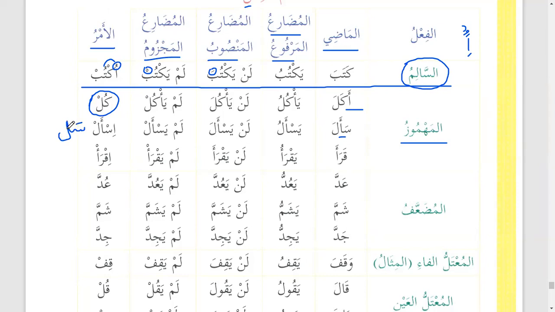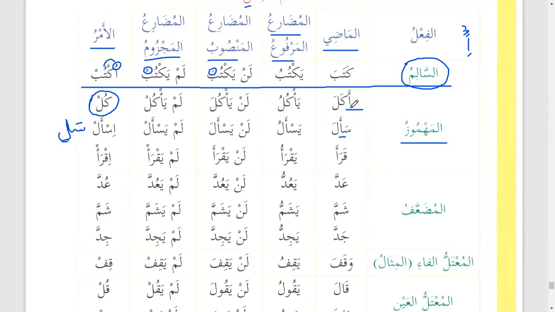Sal normally comes in the beginning of the sentence, whereas is'al can come in the beginning or the middle, depending on the situation. Normally sal comes in the beginning of the ayah of the Quran. Sal bani Isra'ila, like this, it comes in the beginning of the verse. So it has 2 fi'l al-amr, is'al and sal, both of them are used in the Quran.